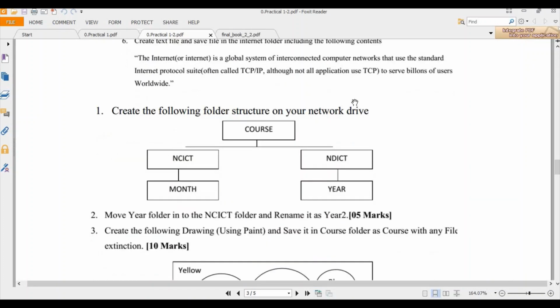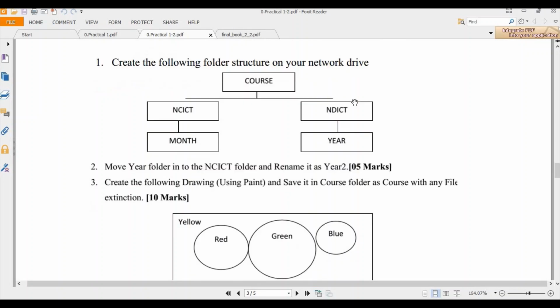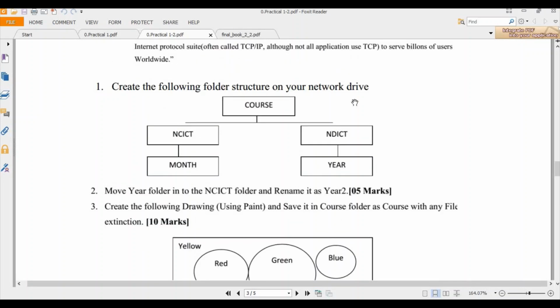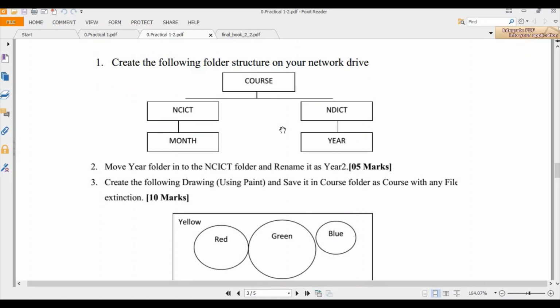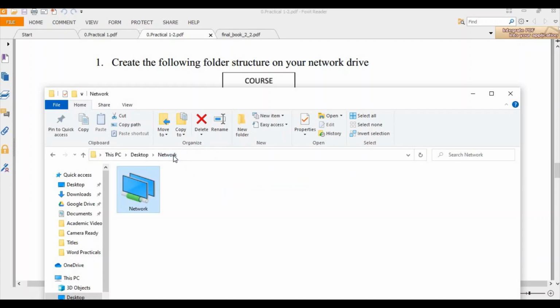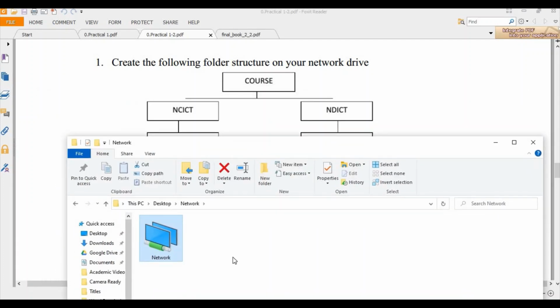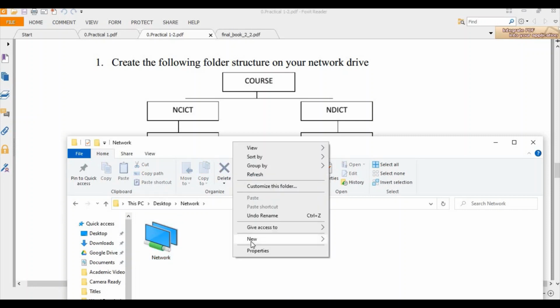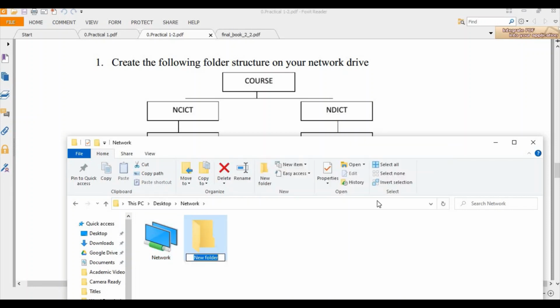Then the next part of the question, they have given some folder structure. The particular folder structure you want to create inside the network drive. First we'll move to the network drive. Okay, network. So here, new folder